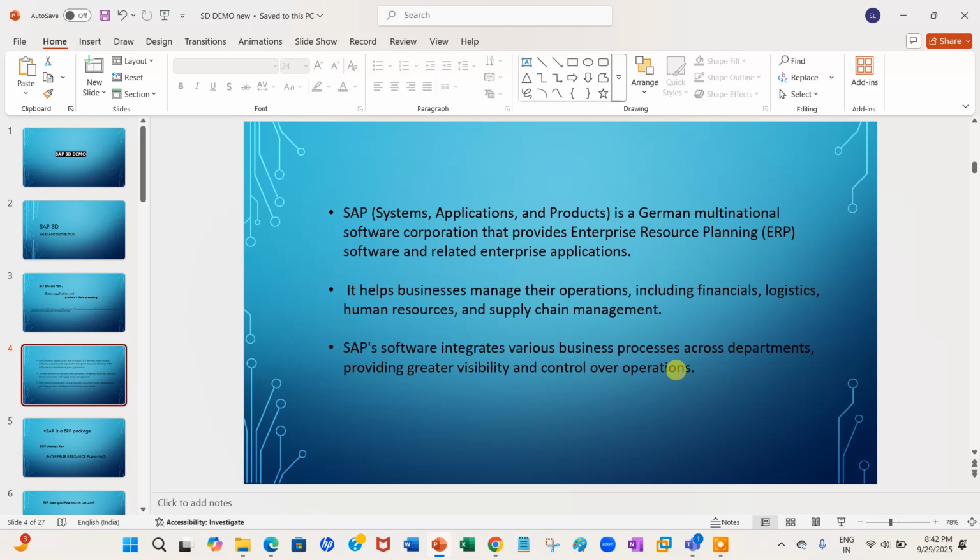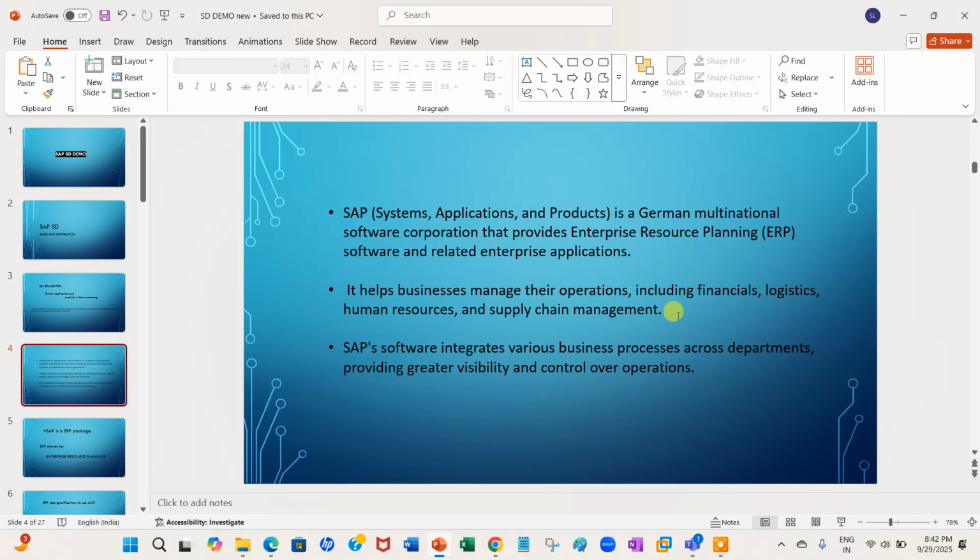And the second point is that it helps businesses manage their operations, including financials, logistics, human resources and supply chain management. Simple. Whenever we want to run any business, we have different needs.